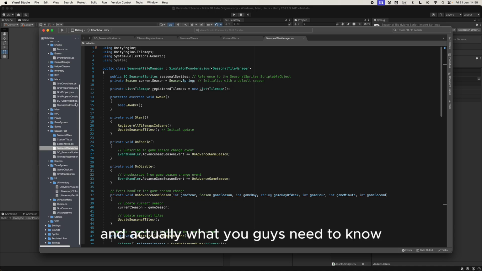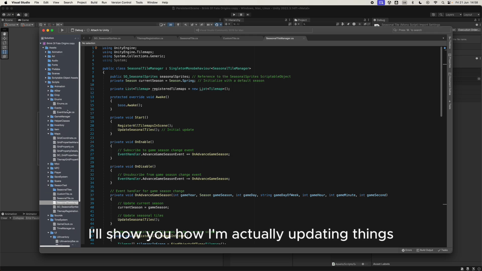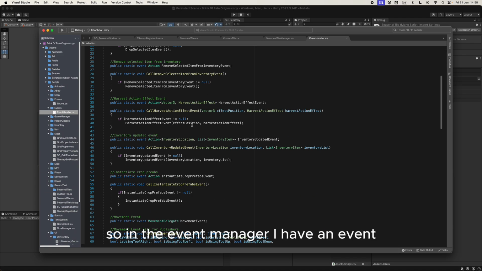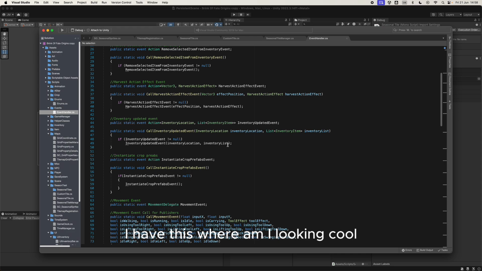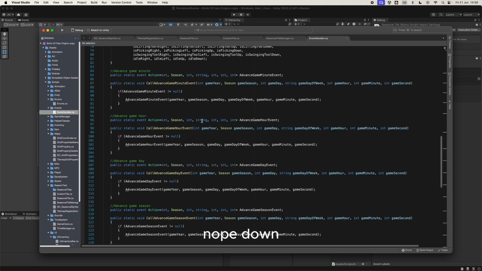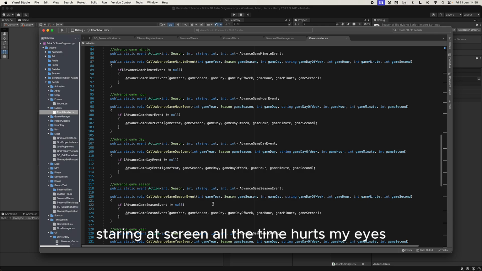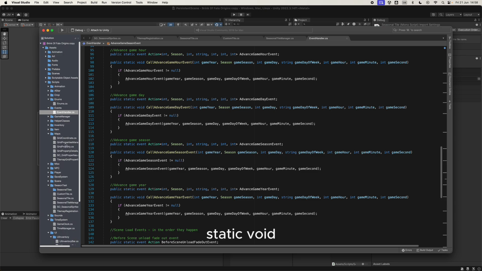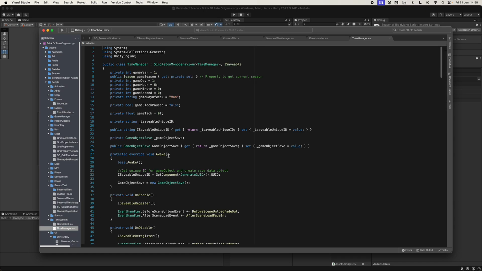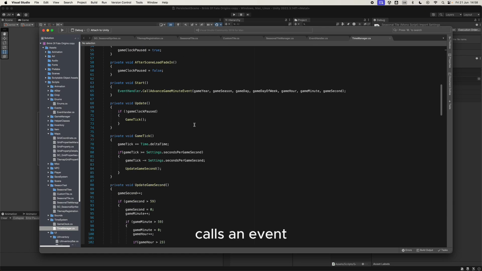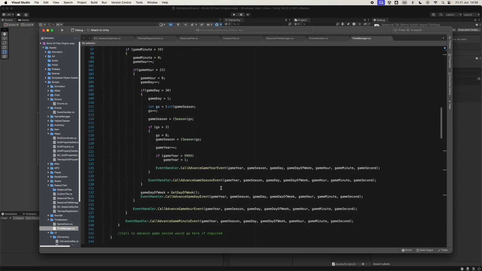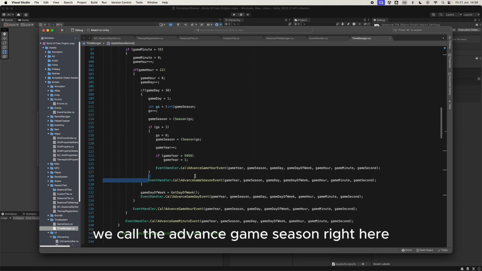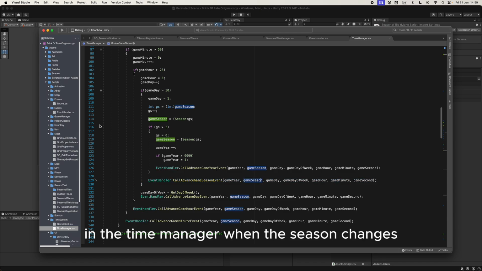And actually, what you guys need to know, I'll show you how I'm actually updating things. So in the event manager, I have an event handler. Here you go. So we've got this advanced game season static void, and what that does is that calls an event. The time manager calls an event. So we call the advanced game season right here in the time manager when the season changes,